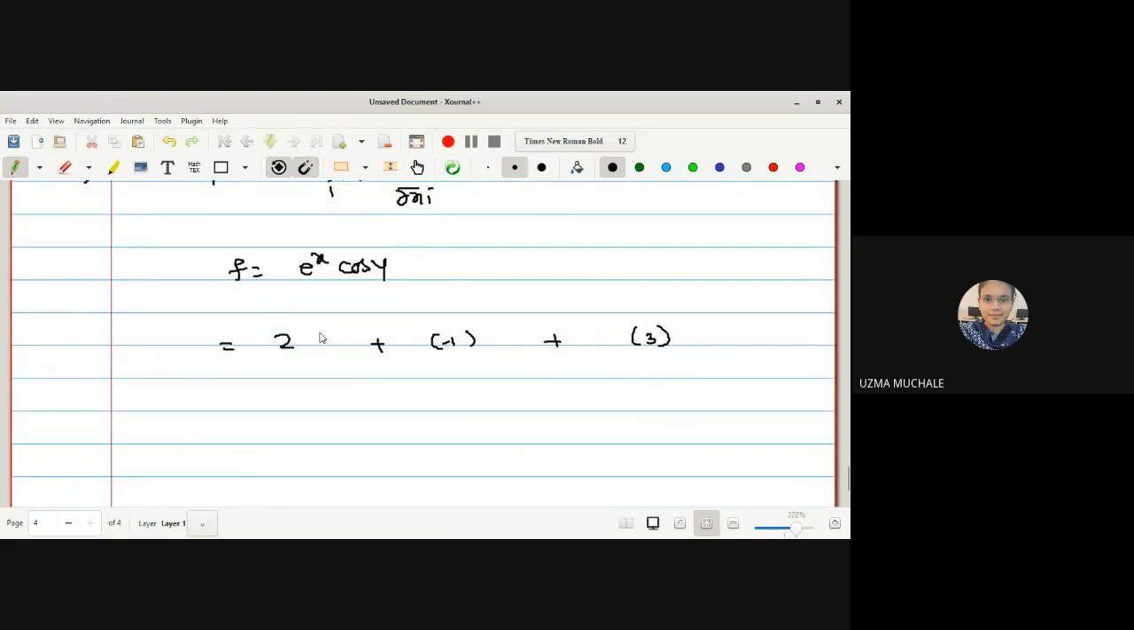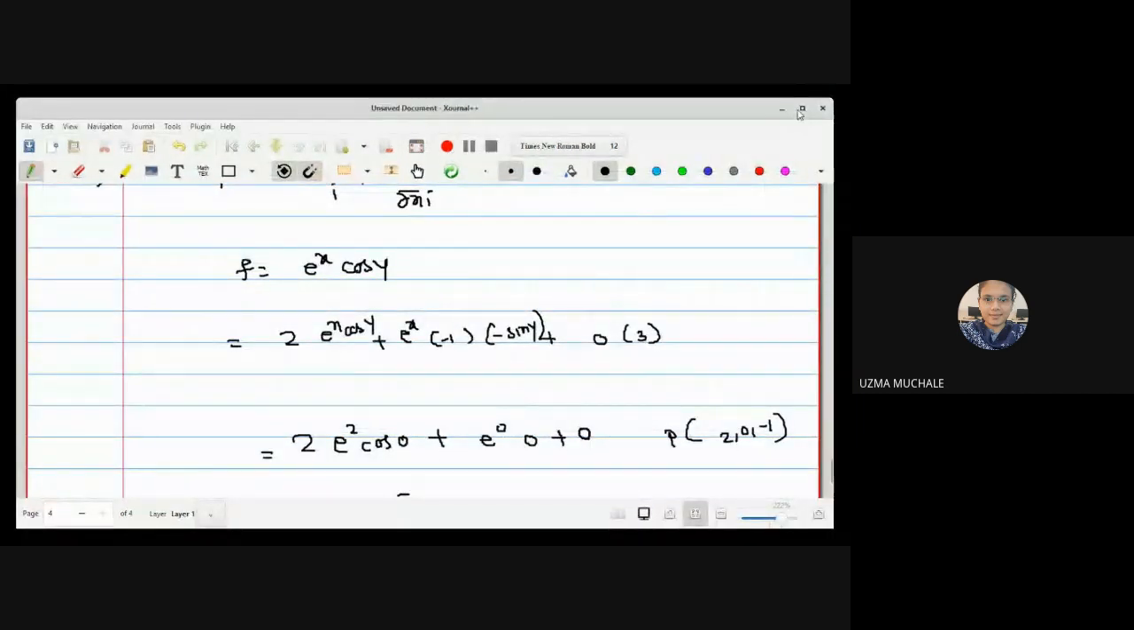Next, the derivative of function f with respect to x is e raised to x cos y as it is. Derivative with respect to y it is minus e raised to x sin y. With respect to z it is 0. So what we get as the resultant? Now we have to evaluate this at the point P equal to (2, 0, minus 1). Okay. So 2 into e raised to 2 cos y, meaning cos of 0, plus e raised to 0 into sin 0, and sin 0 is 0, plus 0. So we get the answer as 2